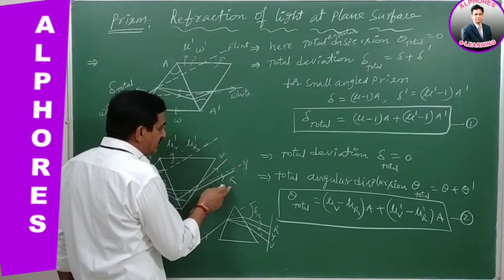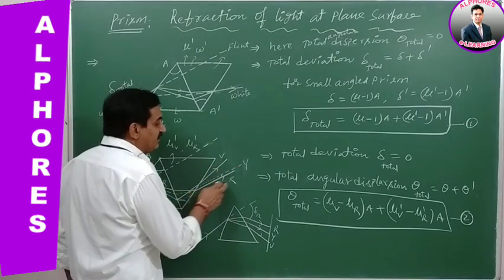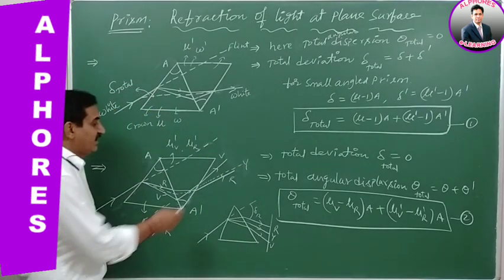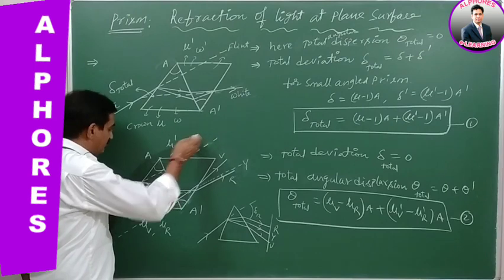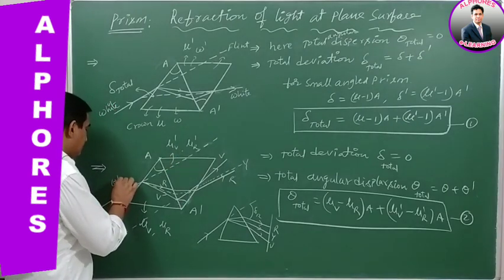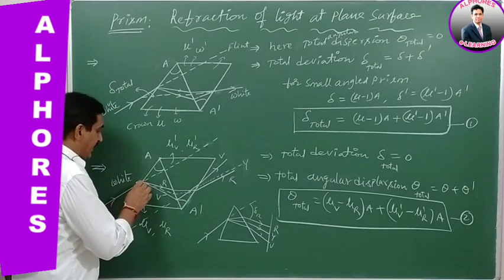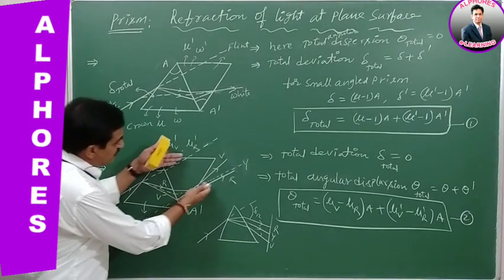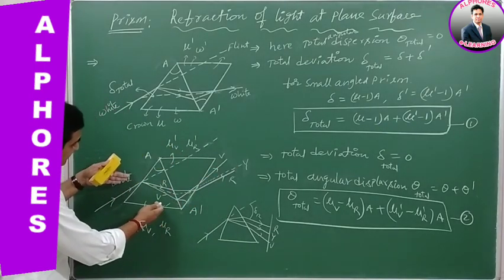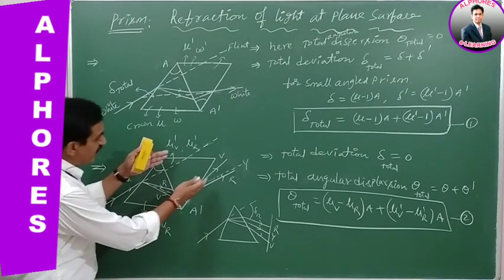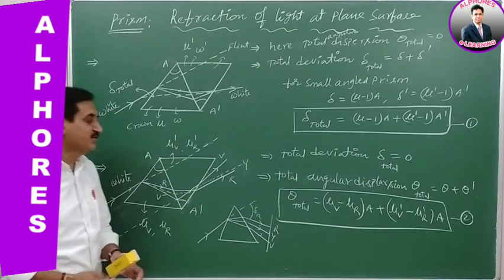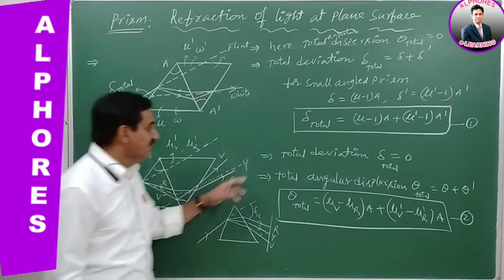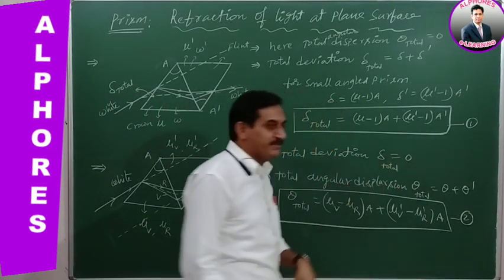Out of the 7 colors of the VIBGYOR spectrum, the yellow color is taken as the mean color, and the incident light is white light. So the white light and the emergent yellow colored light, these two are parallel to each other. When they are extended back or forward, they never intersect. Therefore, the deviation suffered by the light, the total deviation, is nullified in this combination.